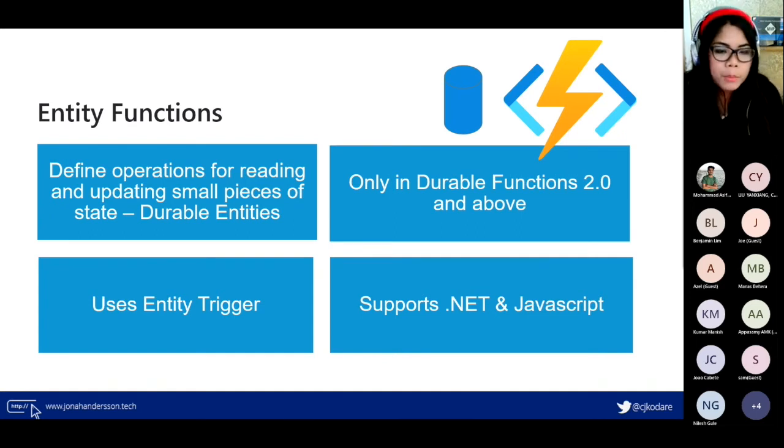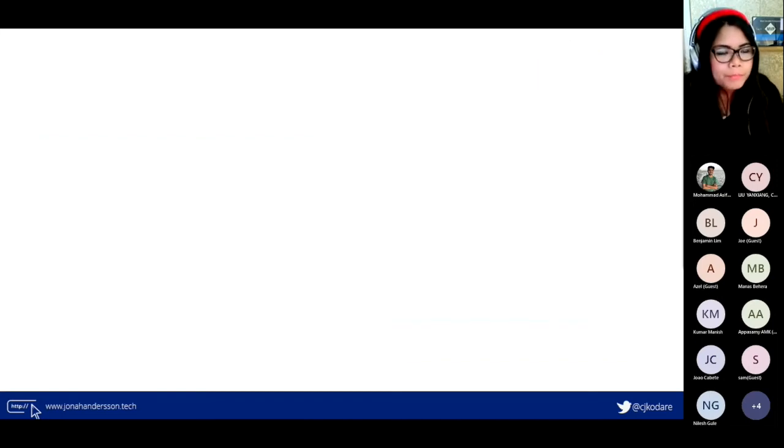It's only supported in certain languages right now, as of the time I wrote this. Maybe it's supported more now, but it supports .NET and JavaScript, and it's supported in versions 2.0 and above.